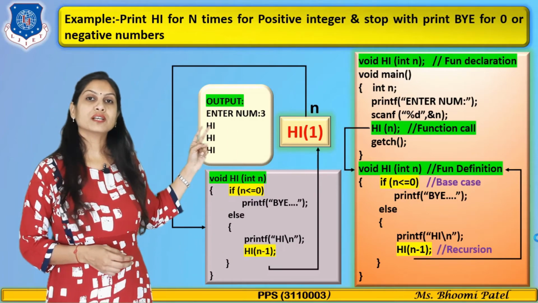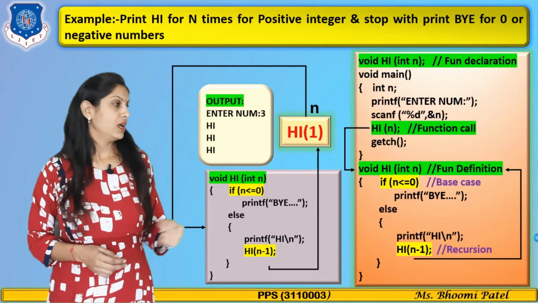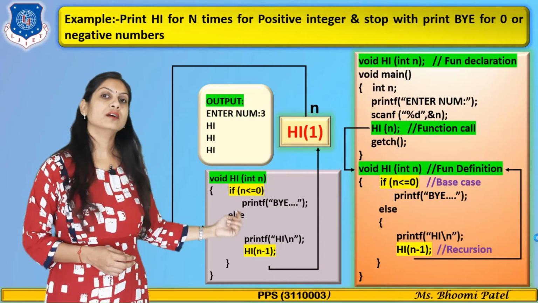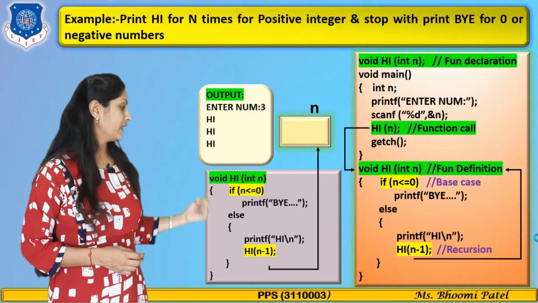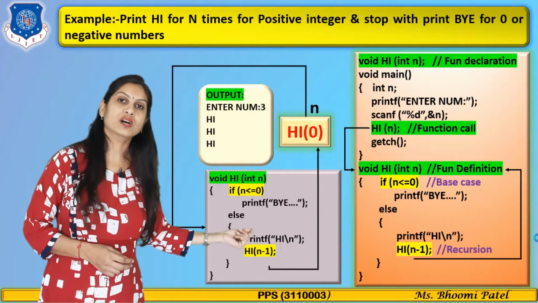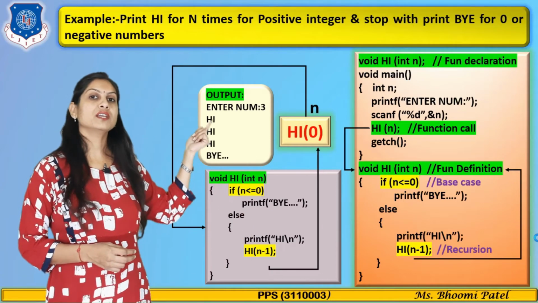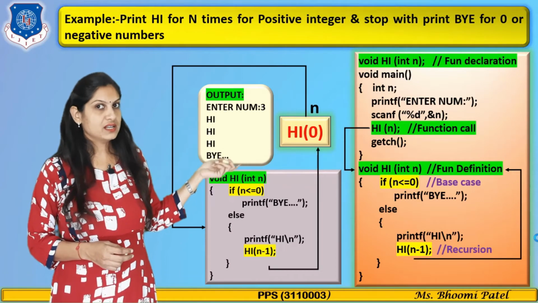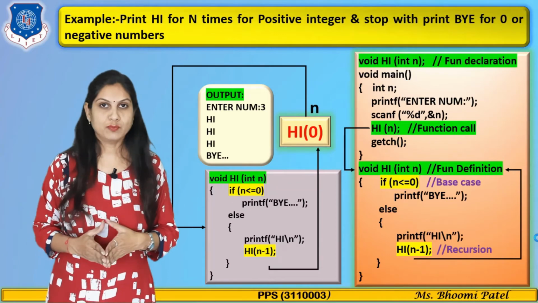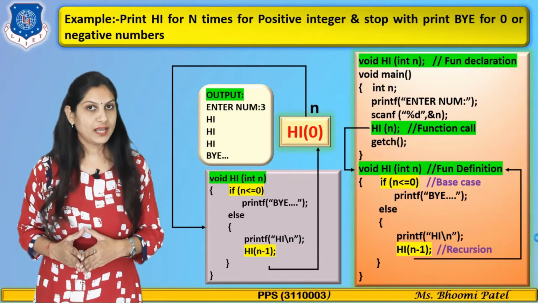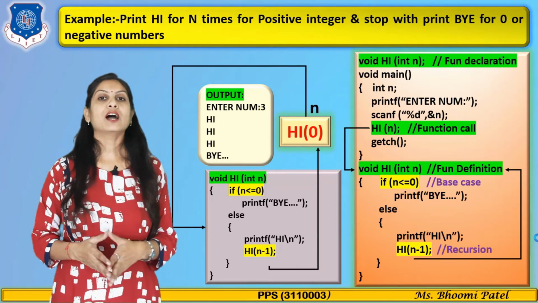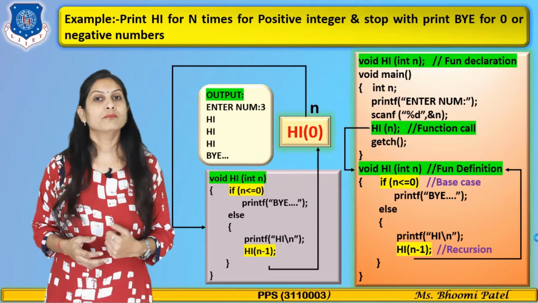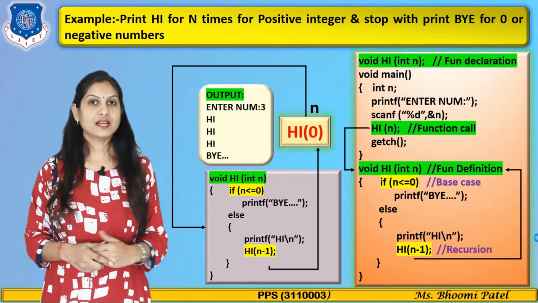Again jump to the function definition and n becomes 1. Again check the condition. Is it 0? No. So go inside the else part, again hi will be printed the third time, and then the function is called with 1 minus 1, that is value 0, and the definition will be executed just like: if n equals 0, yes, then the bye message will be displayed. Clear? And then stop the execution. So just see here the final output of our program when I am entering n value 3: three times hi, then bye. Clear? I hope you are understanding this concept.